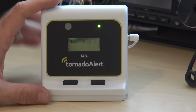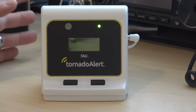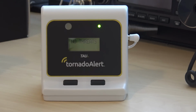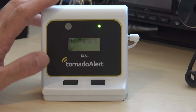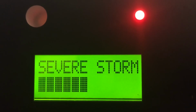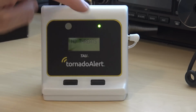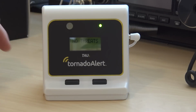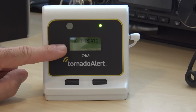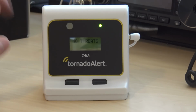So if you are hard of hearing or it's in another room, it's quite loud. I think my weather radio, honestly, is louder, but it's a 90 dB siren that'll let you know. And at the same time, the strobe light here will strobe red when it's an alert. The threat identification will tell you with a bar graph the nature of the danger